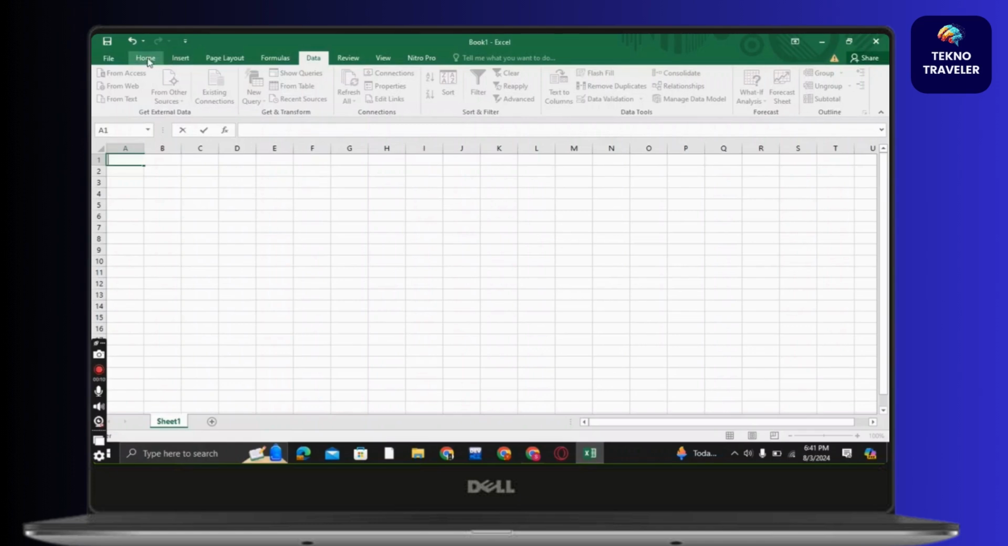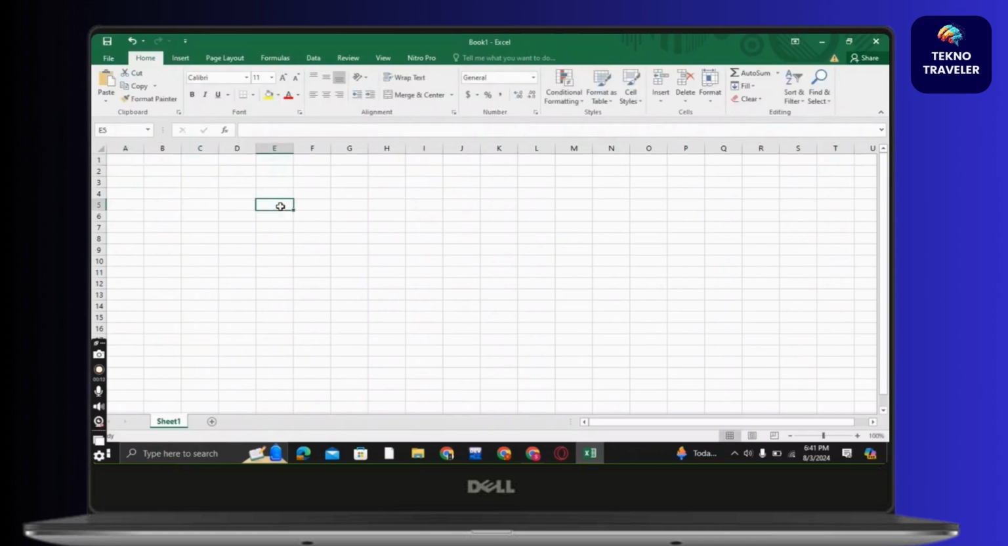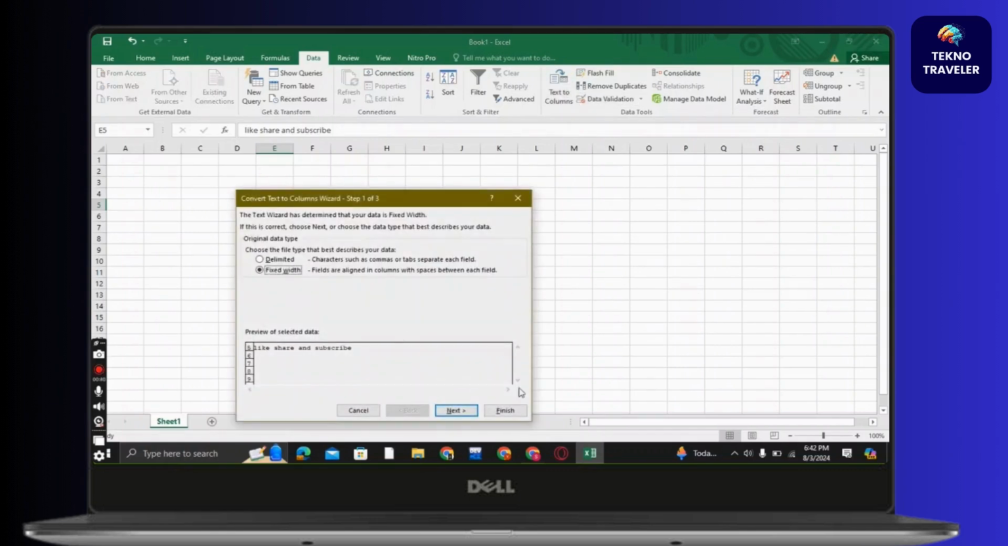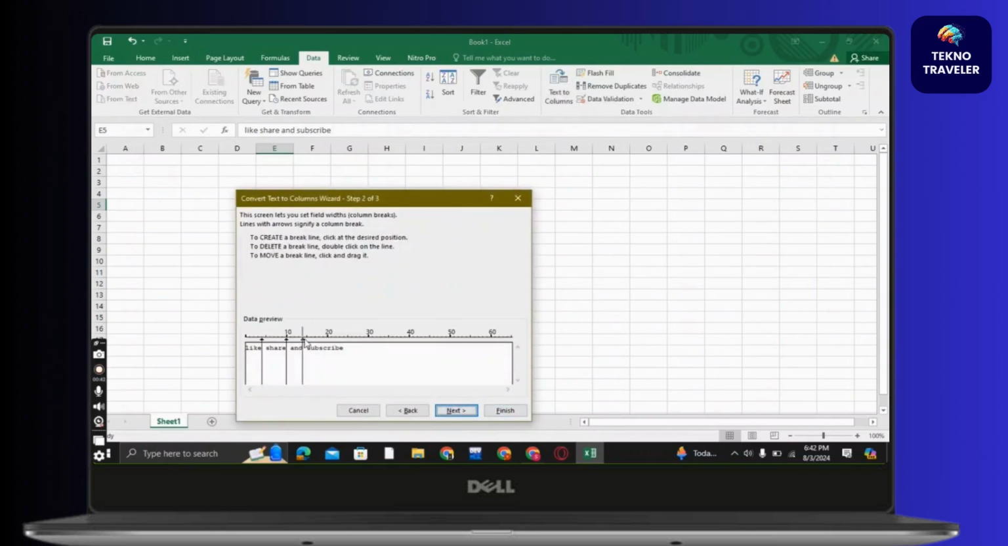So first, write something. For example, I am writing this. Then if you want to split this cell, what you have to do is simply select this, then go to Data, then tap on Text to Columns, then select this, tap Text to Columns, tap on Next, and now you can create this break line